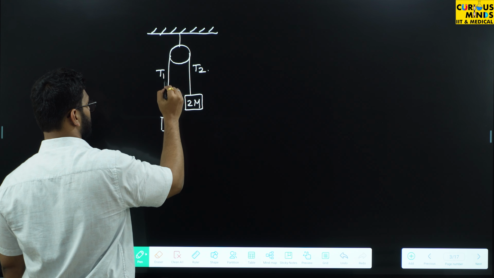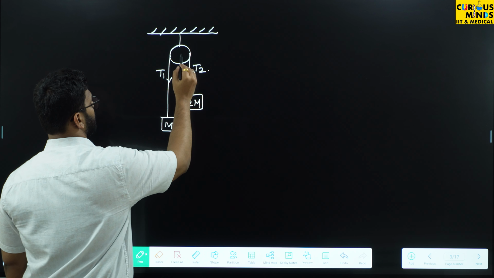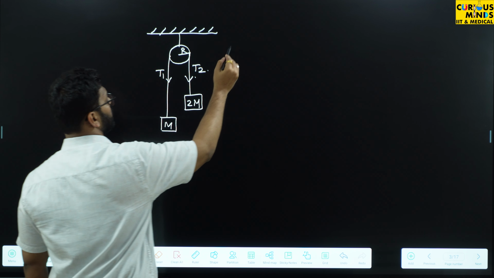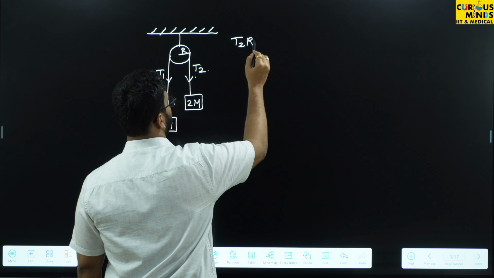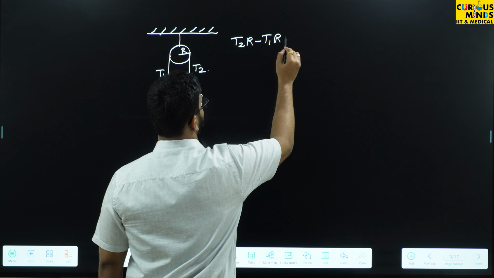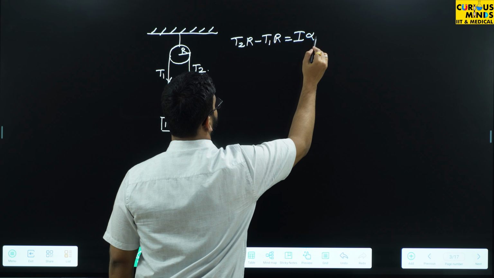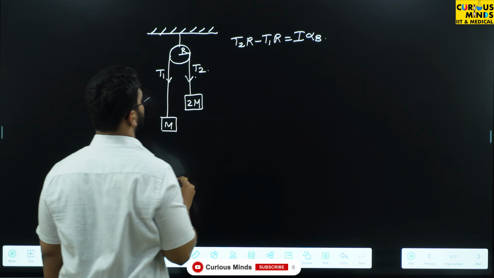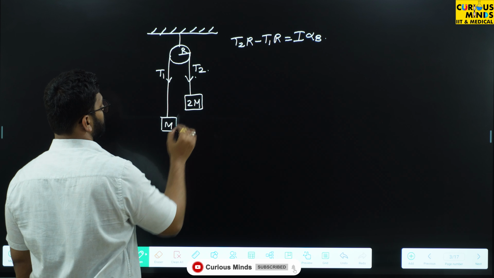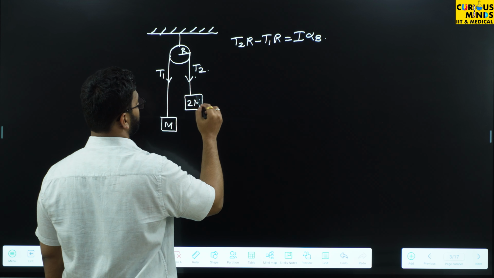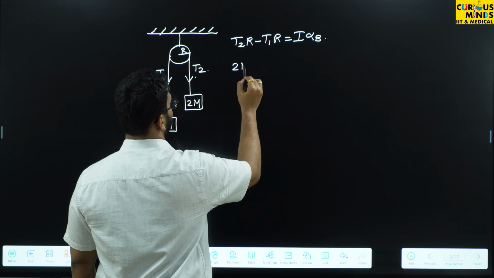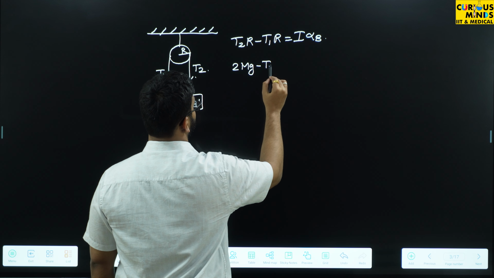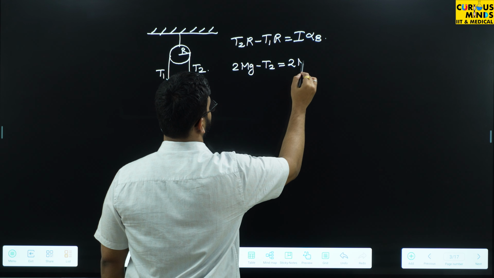Here the tension is T1. Let's say this is R. The net torque will be T2R minus T1R equal to I alpha B. This is the torque equation. And now this will have a certain acceleration. So that will be 2mg minus T2 is equal to 2m aB,